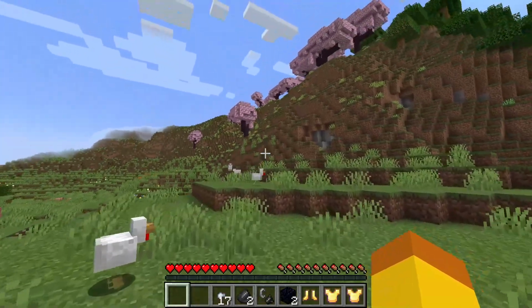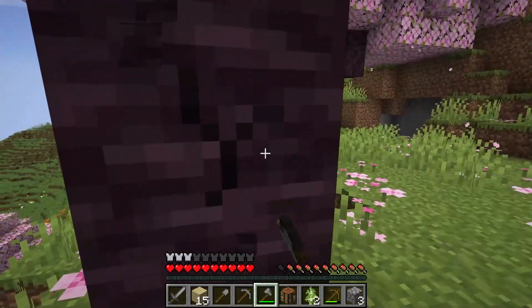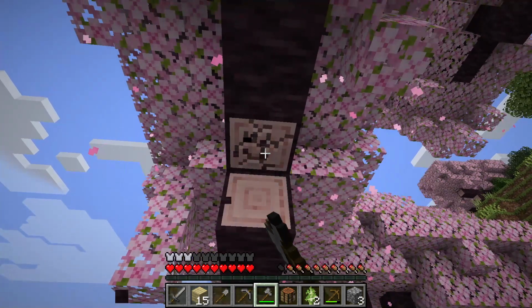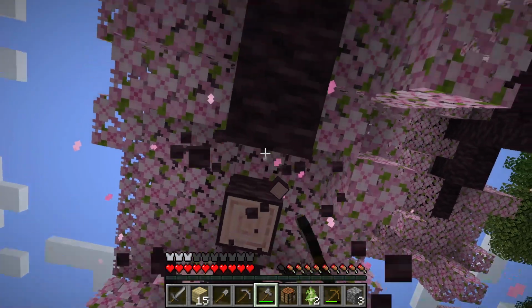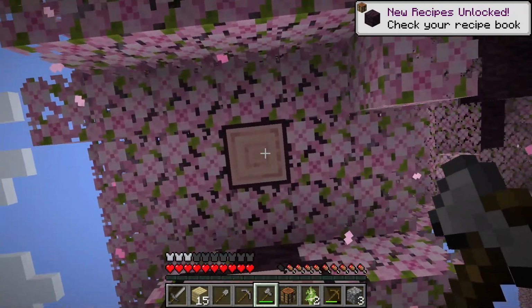I also found a cherry grove very close to where I started. It definitely stands out and looks great. Cherry groves are hundreds or thousands of blocks away from each other, so this was a very good spawn to start with. I mined a bunch of cherry logs, going to use it a lot for my building,